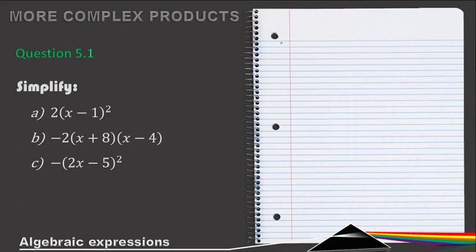Right, so for A, we have the 2, and then simplifying this, I get x squared minus 2x plus 1, and then I multiply the 2 in, I get 2x squared minus 4x plus 2. For B, I multiply these out first, but the minus 2 needs to be there, so we've got x squared minus 4x plus 8x minus 32,